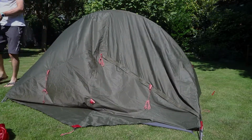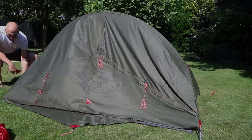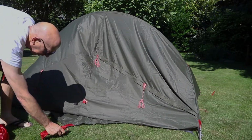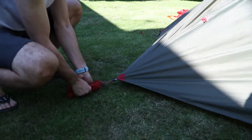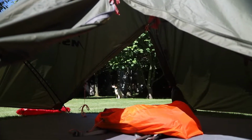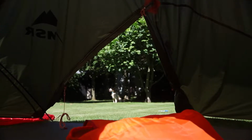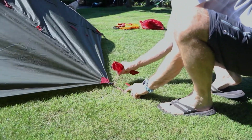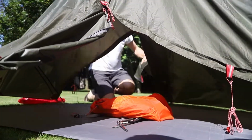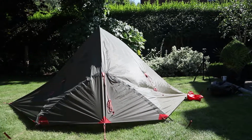The next thing I would do, especially if it's windy, peg each end down. Don't worry about dressing the poles yet. Peg out the vestibules. And then you don't need to do anything. If you don't want to, you can sit in there and make yourself a cup of tea and wait for it to blow over. But if you do want to pitch the inner tent straight away,